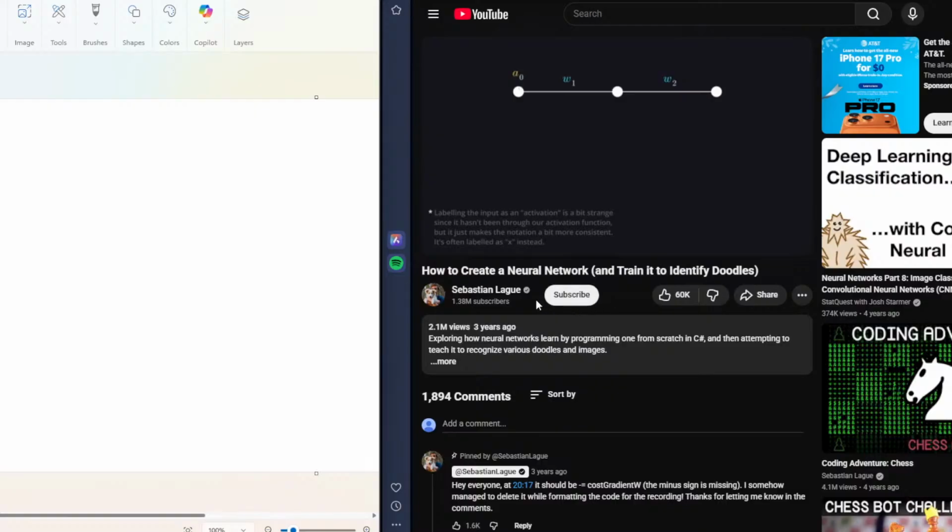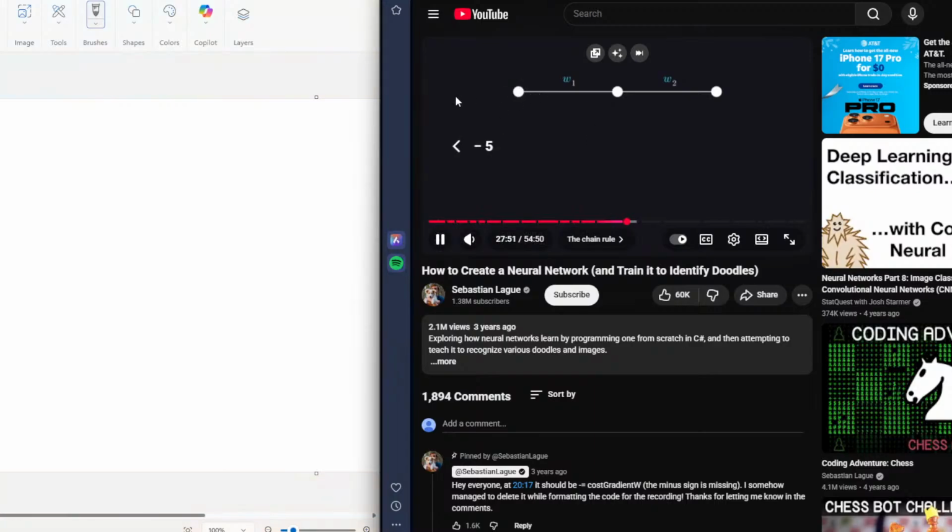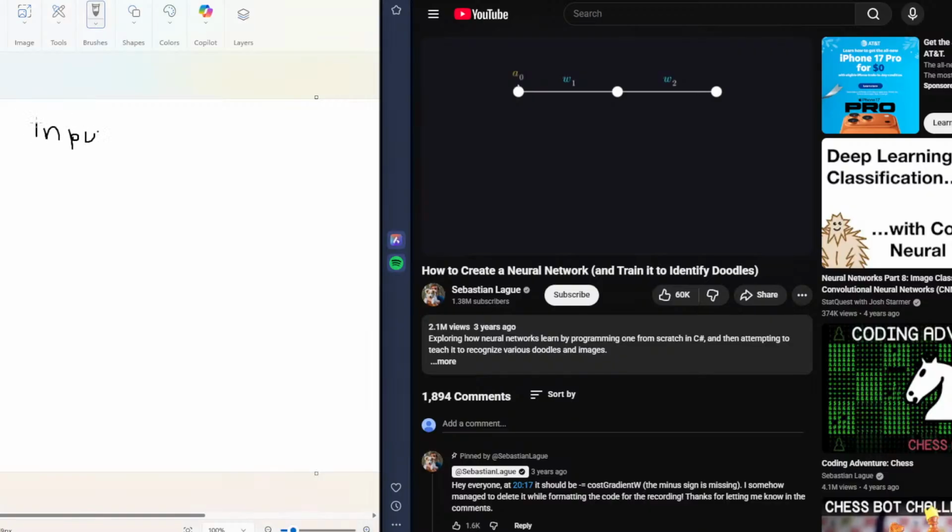Labeling the input as activation is a bit strange since it hasn't been through our activation function. I understand. So really, are we labeling it A0? And we then get the weighted input, some input value. Okay, so A0 is actually just the input value. So really, let's call this input 1. It gets put into the node along with I times W plus B equals z, which is the weighted input